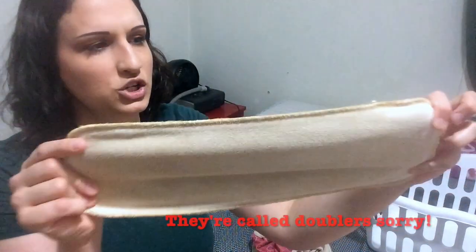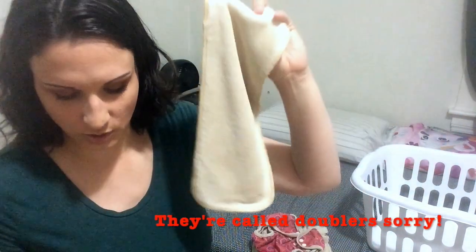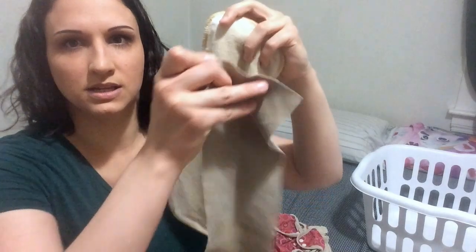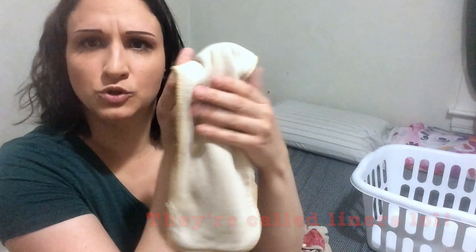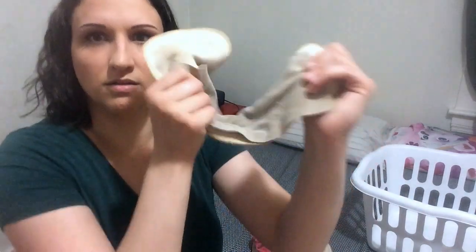Now for nighttime, you're not changing as much or at all when they're older. Because I would leave a child in a cloth diaper for the whole sleep when they're older, not when they're infants. And so for that, you need a little more absorbency. So you can purchase these, which are these liners. I'm pretty sure these are Mother's Ease liners. So you purchase these liners, and then you also get these little pieces, and they come in a roll, and I can't remember what they're called, but you put them over top. And so these absorb the extra moisture, and these sort of act as a barrier between all the moisture and the child's bottom basically. So these kind of prevent diaper rash,